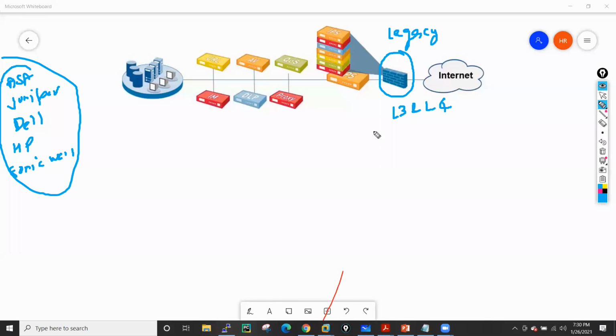Now, if you want to protect your servers and your users' data from any kind of antivirus threats or vulnerabilities, for that you need one more solution, which is IPS, right? So you need to put one extra hardware device, which is an IPS device.